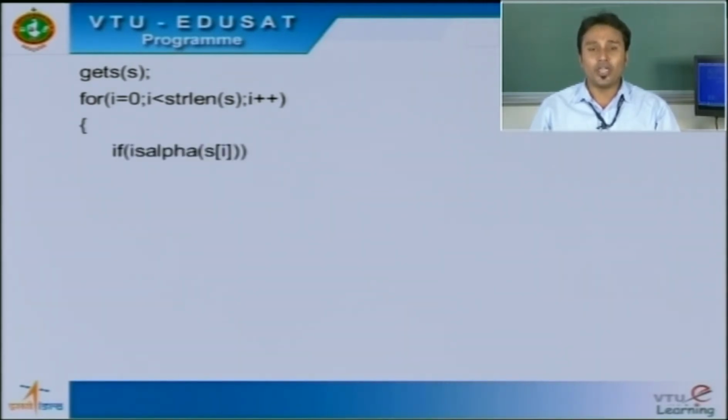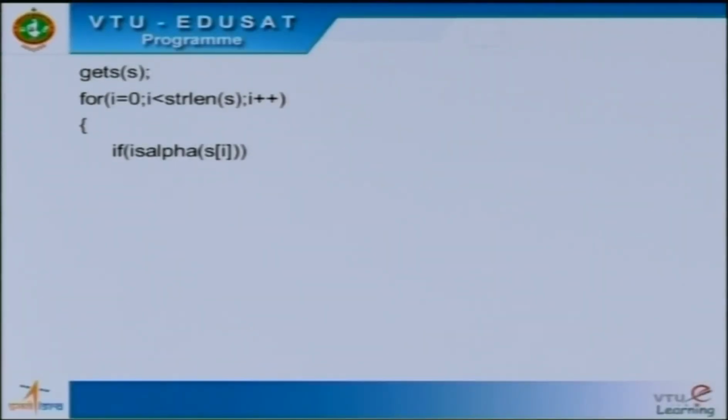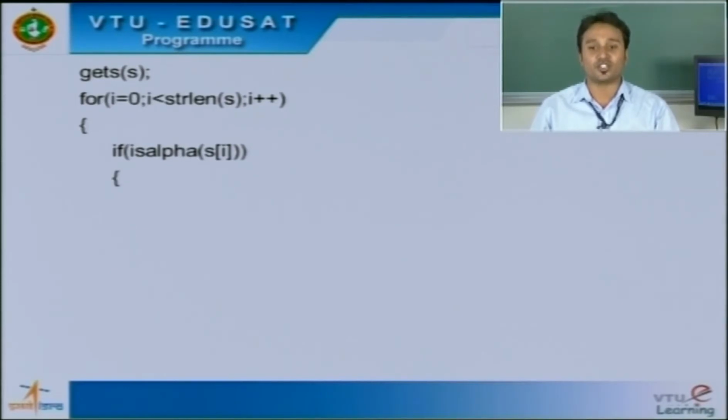Inside the for loop we have one more function known as isalpha. isalpha is a function which checks whether a given character is an alphabet or not. Suppose, for example, we give the USN of a student, which is alphanumeric in nature. It filters out only the alphabets that are present in the USN, leaving out the numerals. This is the role of isalpha. Here we are passing the given character to the isalpha function.